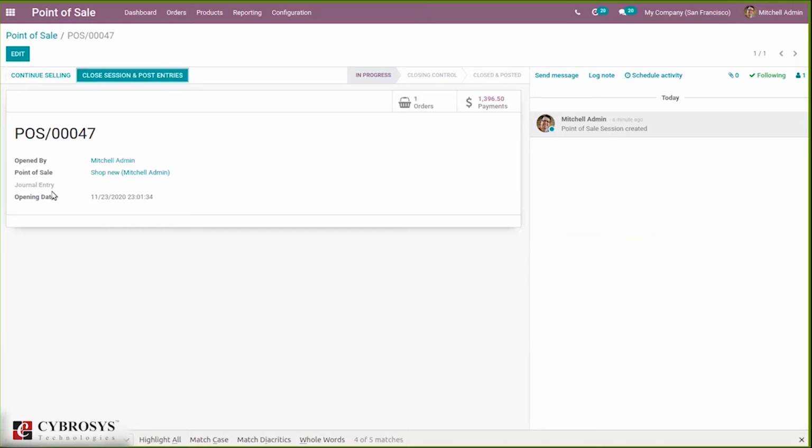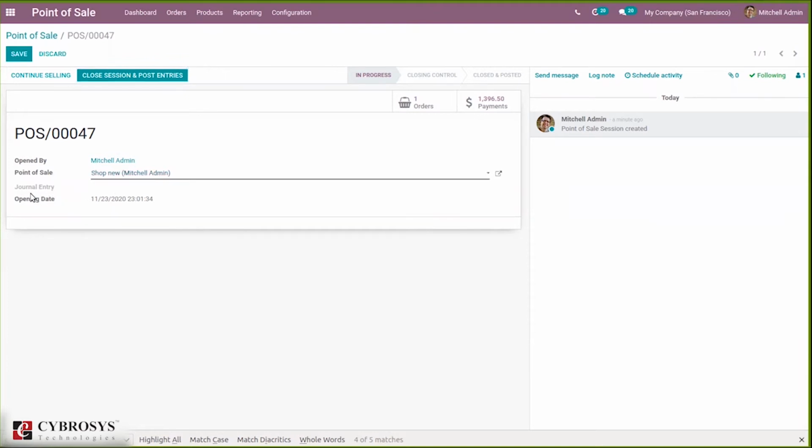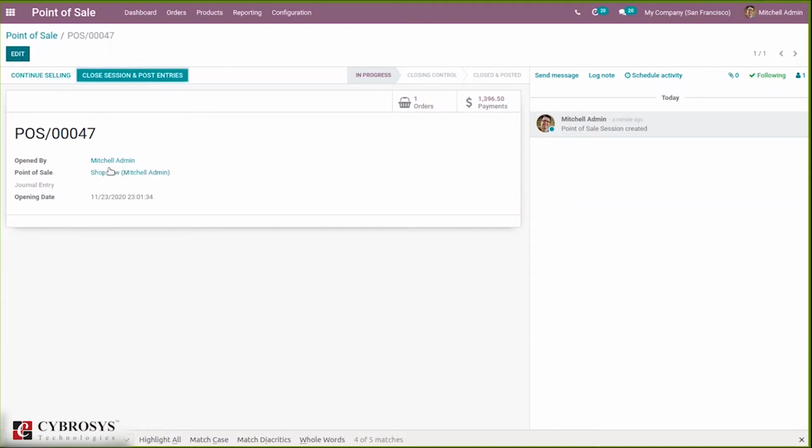Here you can see details like who it was opened by, the username. Here you can see the point of sale name. Then we can see the opening date and time of the session.